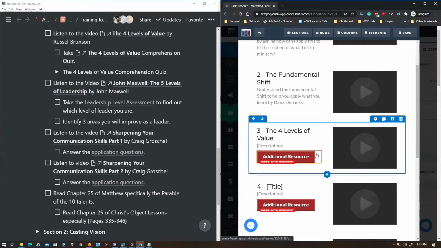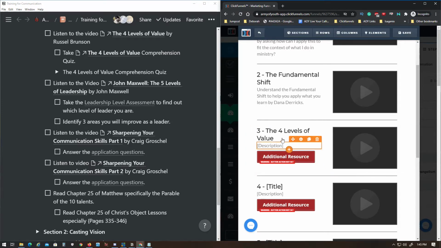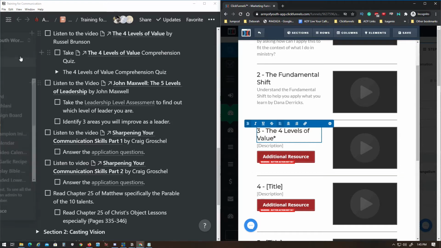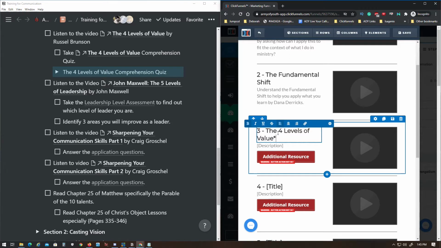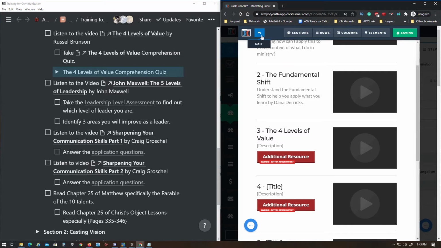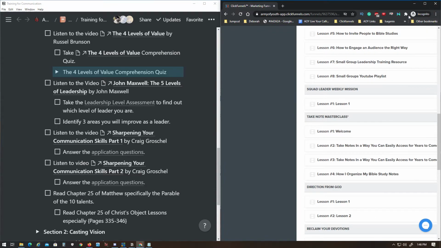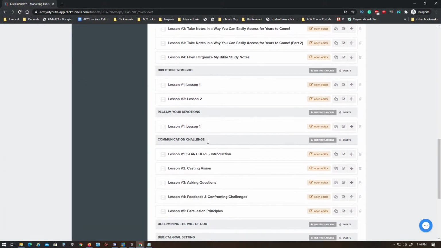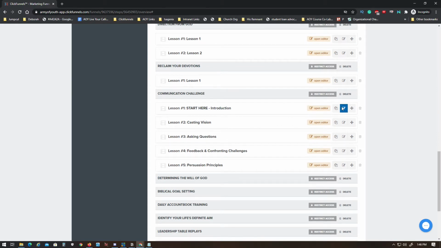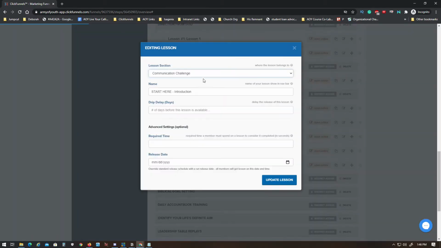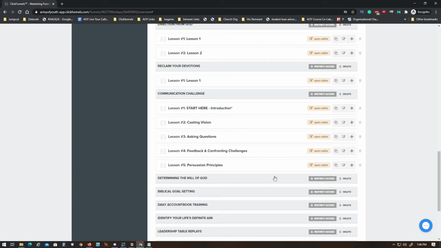Do you want to put a strip on it, so you know there's more to be done? Yeah, I could do that. So if you find something like this where you're not sure what to do, just put an asterisk next to it, or actually not there. What we'll do instead is save this, exit out, and then put an asterisk. Let me just move this over to go edit this lesson, and then go to the title and put an asterisk there,